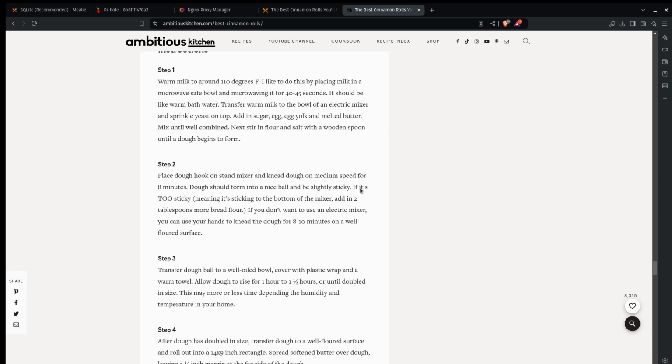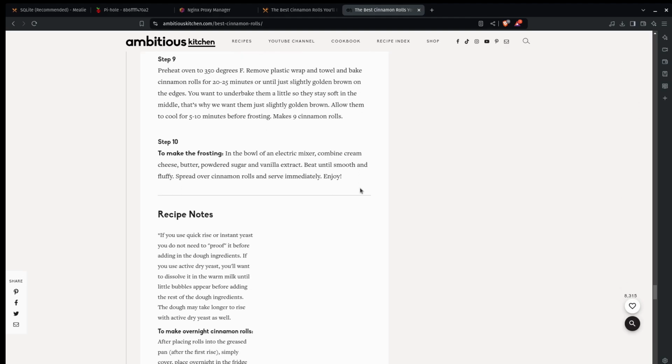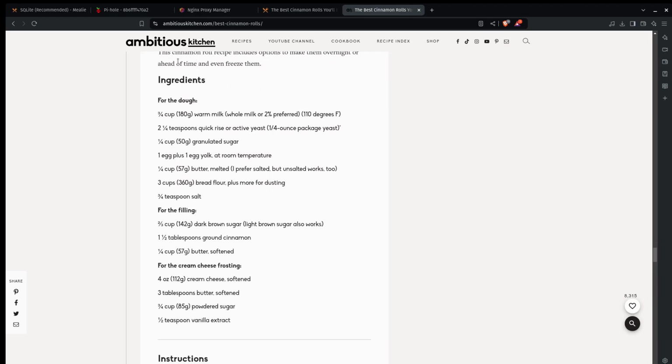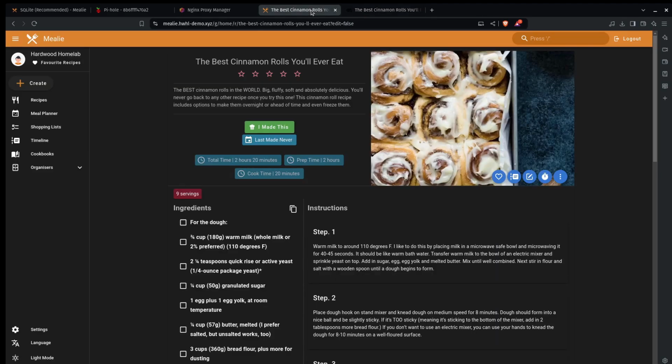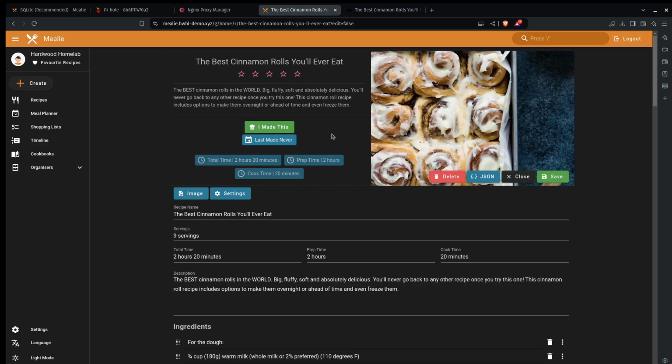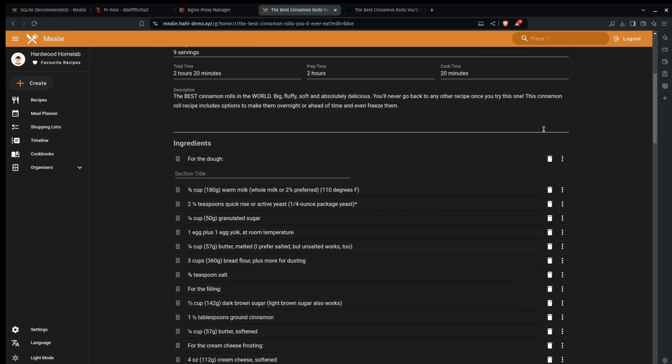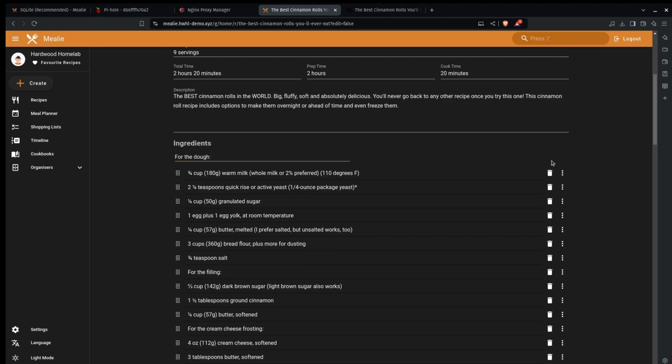We've got instructions that look pretty good. But yeah, in the ingredients, for the dough, that's a headline or heading, and we can edit this to reflect that that's how we want it to look. So if we go to for the dough, we can toggle section here. I'm going to take for the dough off, copy that, paste that as the title,